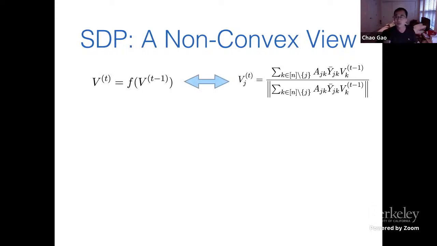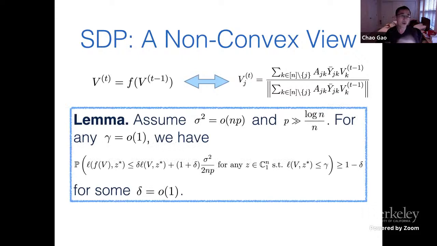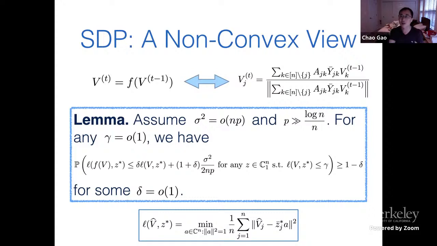So first, we will use this notation again, F, to denote the map that gives the evolution of the algorithm. And then we have the same lemma, which also holds for this evolution of the algorithm that corresponds to SDP, right? So here, the only difference is in order to measure the closeness between a matrix V and the vector Z star, we actually need to slightly generalize the loss function. But here is the definition. It's actually not very hard to write down the definition. Otherwise, it's exactly the same result as what we have already seen for generalized power method.